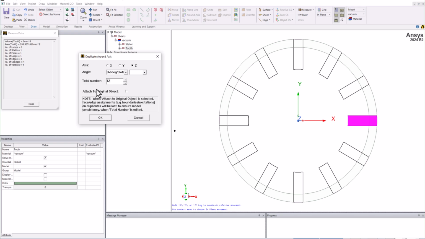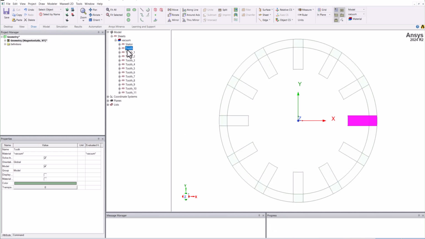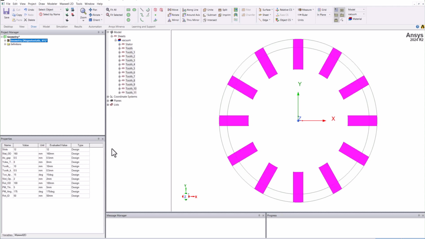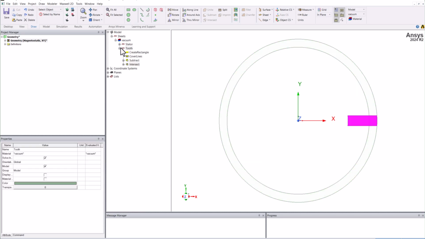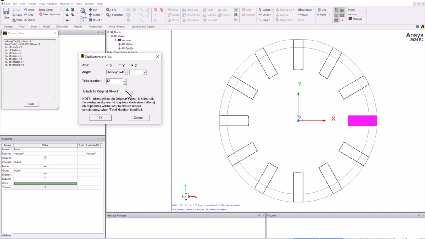Now here you can see that we are seeing attached to original object. In the last tutorial we did not cover this. Now this is an important one. Why? Because of how this is going to affect our geometry. So let's say if I do not enable this option, and if I click it, you will see that I have each of the components individually created. And the issue with this is that if I want to change the number of slots later on, I will not be able to change it. For example, if I go over here and want to change this value, I'm not able to change it. But I'm doing a Control Z,